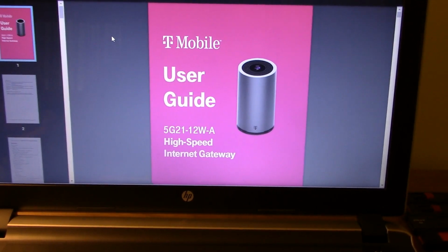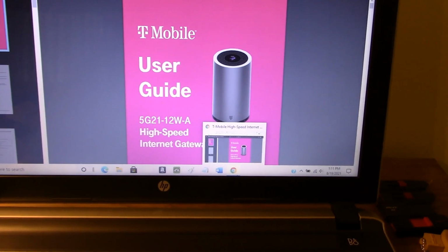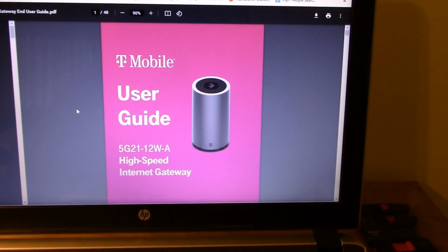I ordered this device on July 23rd, and I received it today on August 19th, which is not too bad. Now,